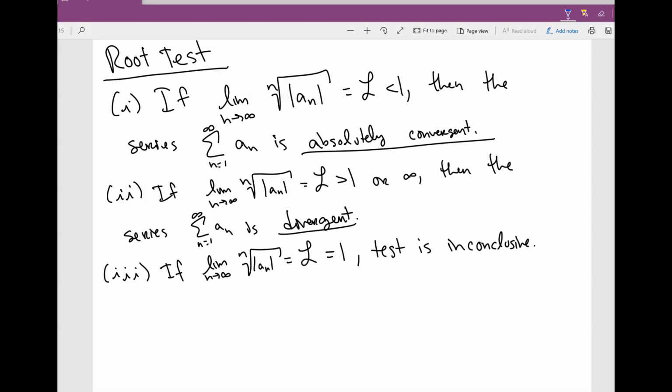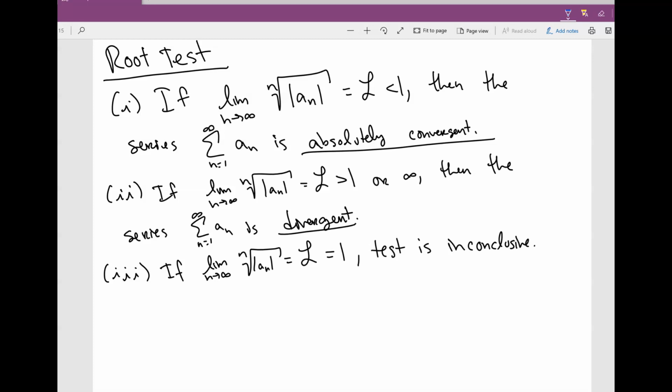In this video, we are going to talk about the root test. The root test is very similar to the ratio test that we just finished speaking about. The only thing that's different from the ratio test is that the root test has an nth root attached to it. So if the limit as n goes to infinity of the nth root of the absolute value of the a sub n's,